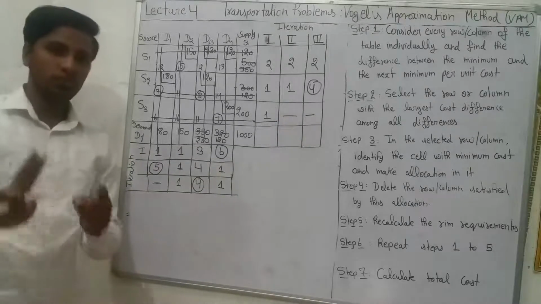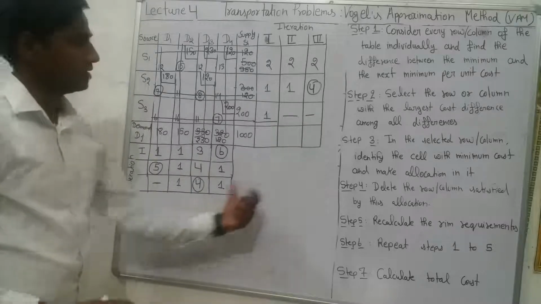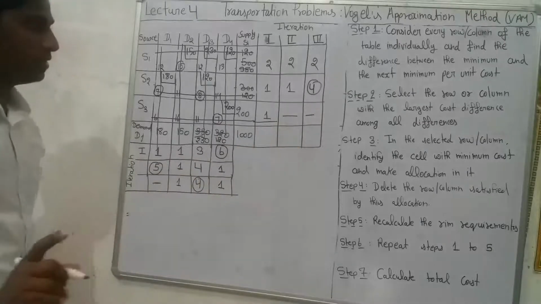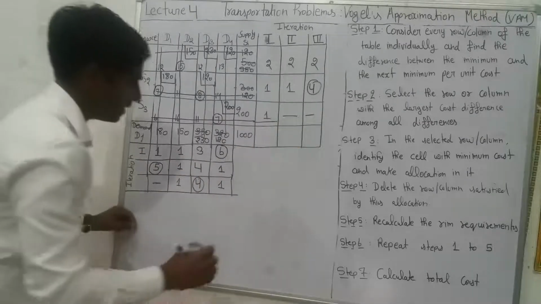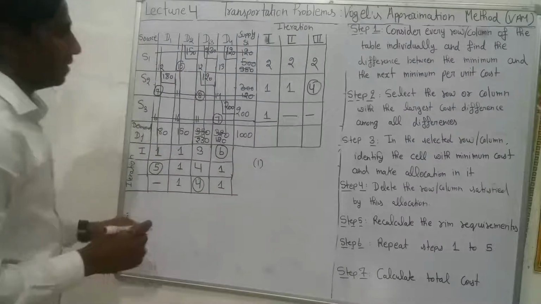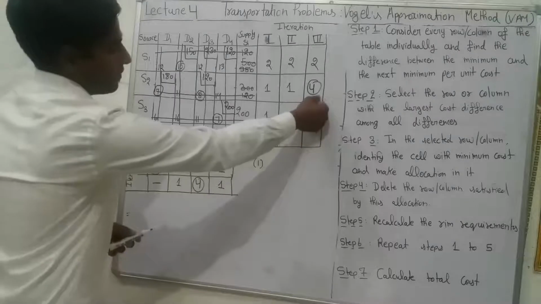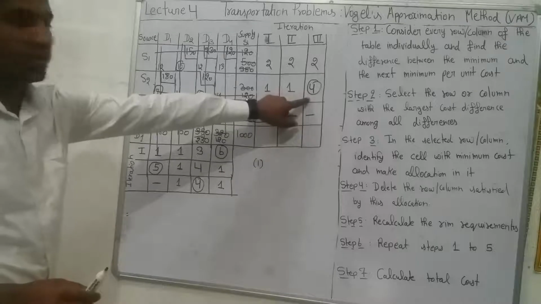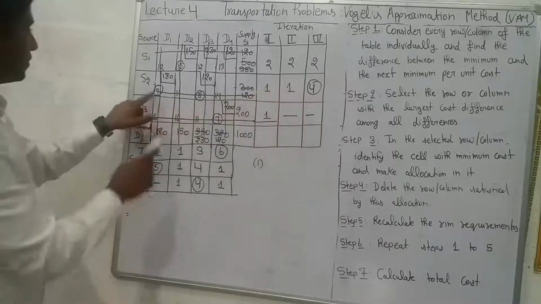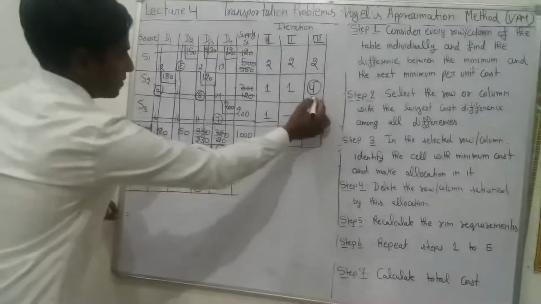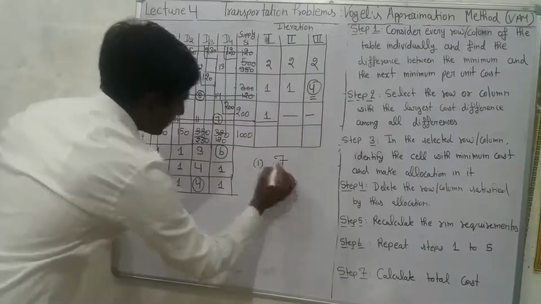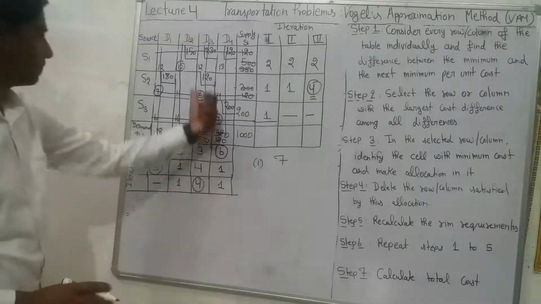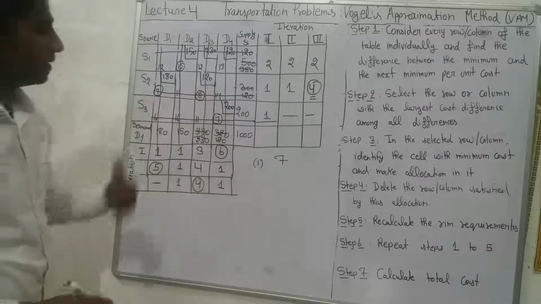Basically there are two techniques to select the best one among these largest differences. The first one, which is the most effective technique, is to simply find the minimum cost of transportation in this row, and that is equal to 7. So for this row the minimum cost is 7. In the same manner, find the minimum cost in this column. In this column the minimum cost is 8.